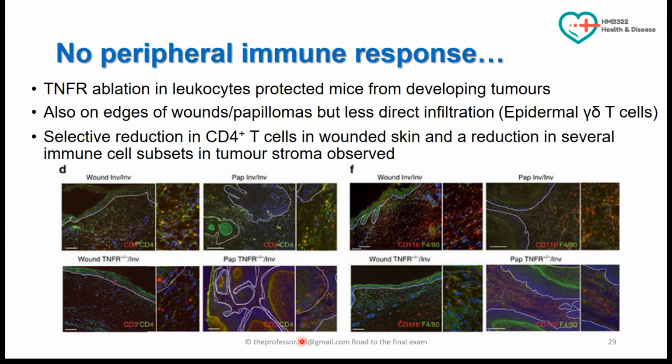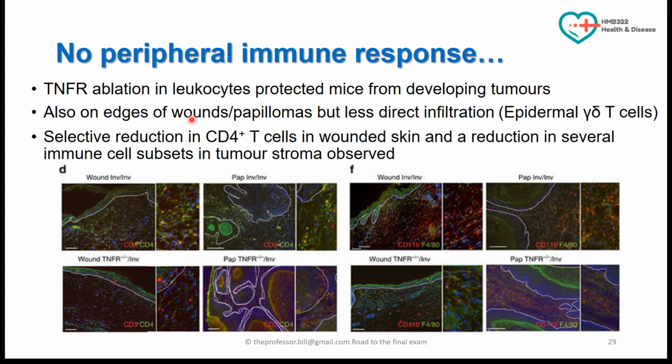Sorry, I know it's a really heavy lecture and you need time to think a little bit about that. So in these TNF receptor ablation experiments, the immune cells, leukocytes in particular, don't have any of the receptors, can't respond to TNF, don't go to the skin, don't respond in the same way. They don't form these large tumors after wound formation. And so what they did was some